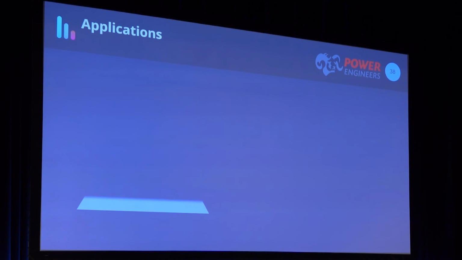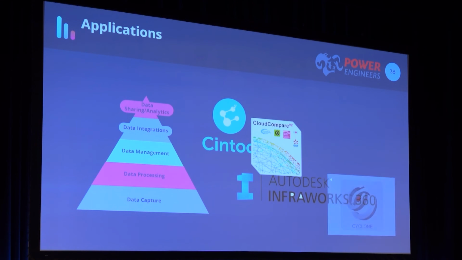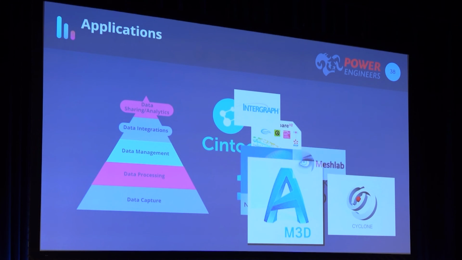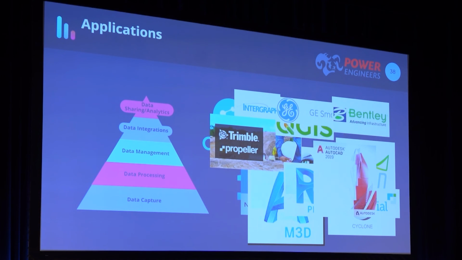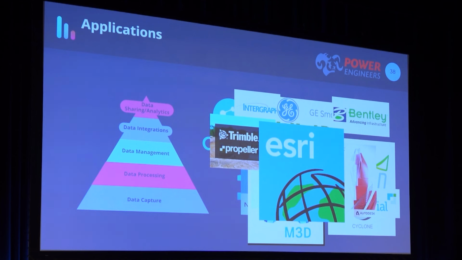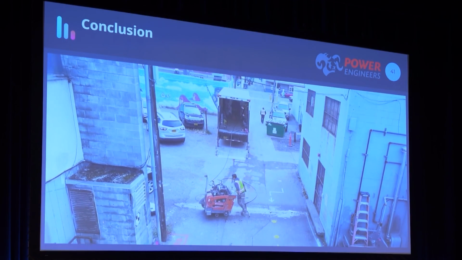Data sharing and analytics, this is really where you get the value out of your digital twin. You have to build this foundation from the ground up. If you don't capture and collect the data correctly, you're not gonna have the information you need. If you don't process it into usable formats, it's not gonna be able to support the end users. If it's not managed, people don't have access to it and can't get what they need out of it. If it's not integrated with their systems, it may not be available to them in the systems they need and the places they wanna utilize it to make decisions. And then if we don't share it and use it for analytics, we're really missing a lot of the value.